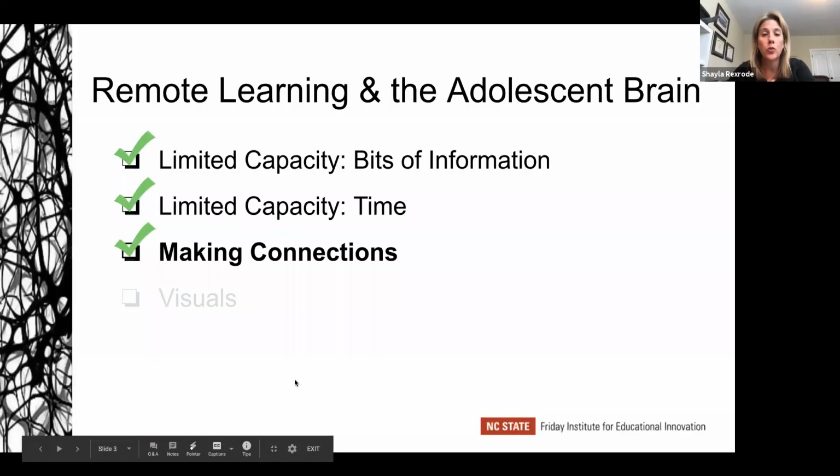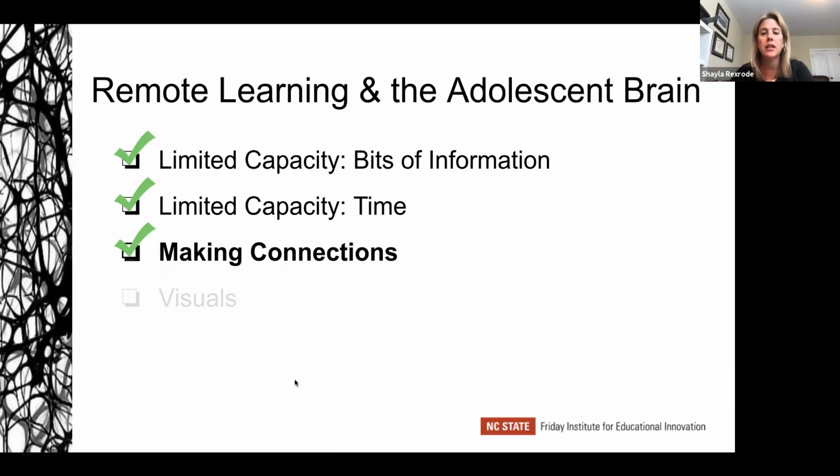So really quick recap, in our first video, we really focused on limited capacity and understanding how much information a student can really feasibly obtain and consume in a remote learning environment. Video number 2, we took an exploration into the idea of time. What are those time segments? Like how long can a student really be engaged in either a synchronous or an asynchronous setting, depending on the